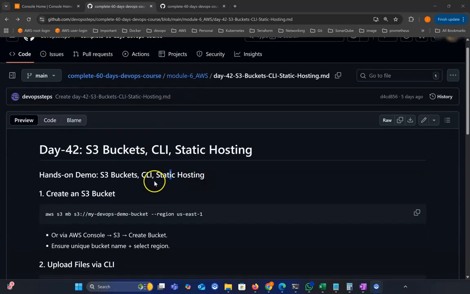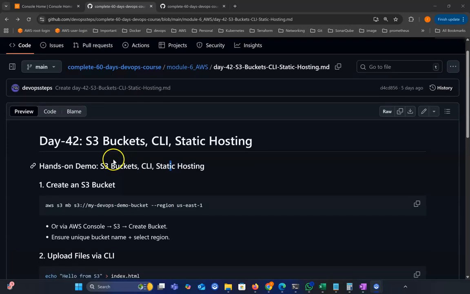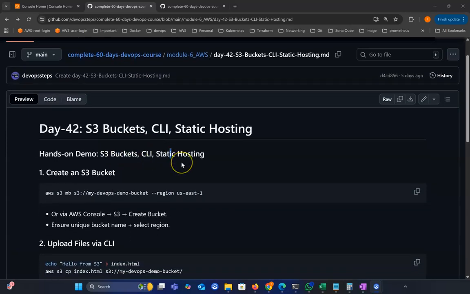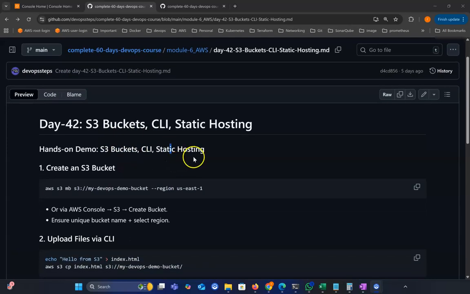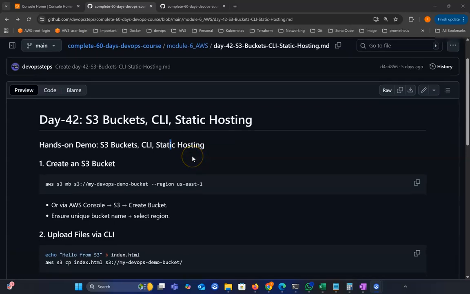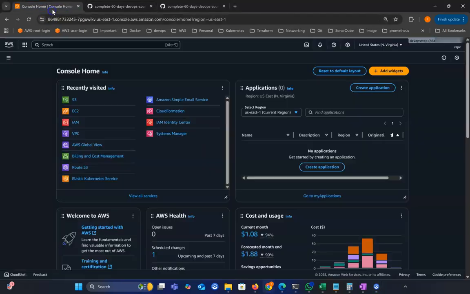In this class, we'll basically create a bucket first, and to create a bucket there are two ways. Basically, we can create the bucket from the console, and we can also create the bucket by CLI. The console is the easy way. So if you click S3,